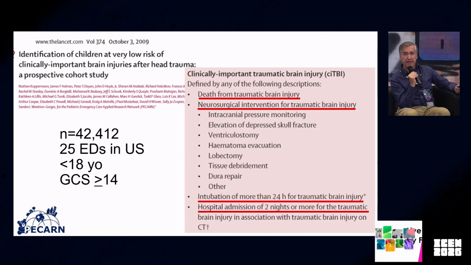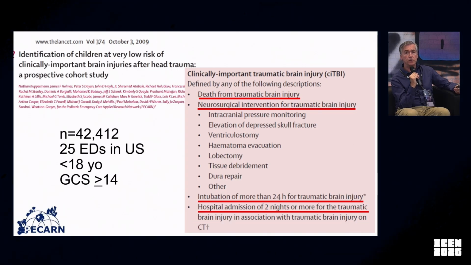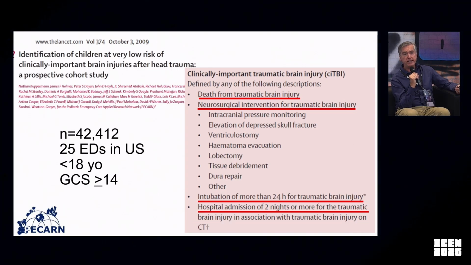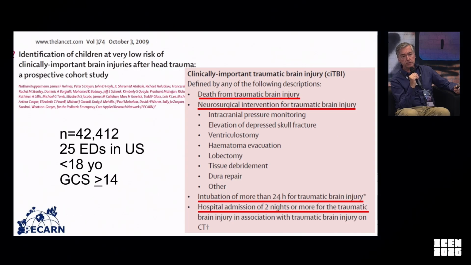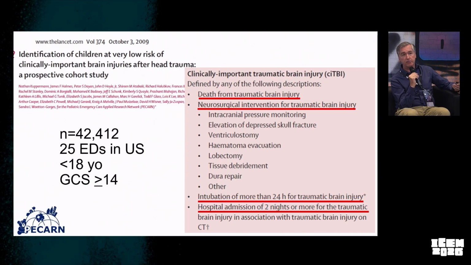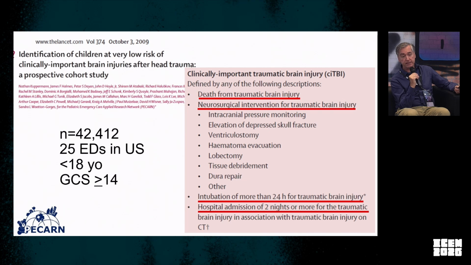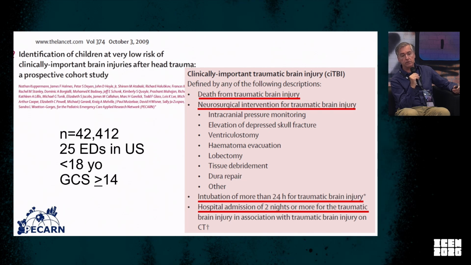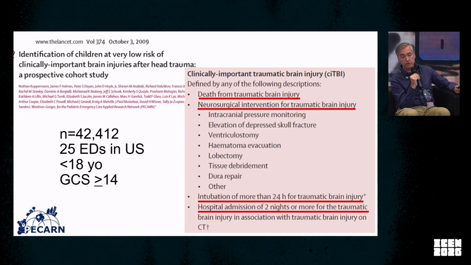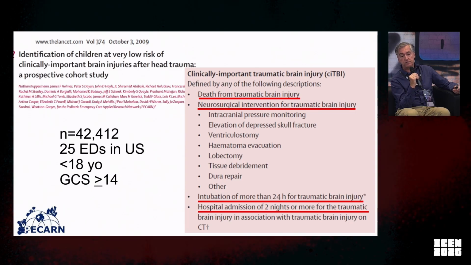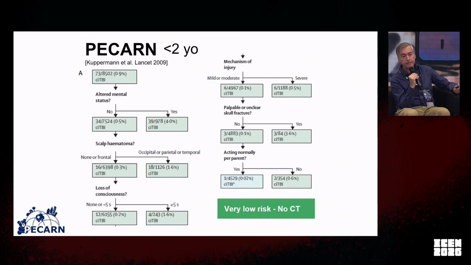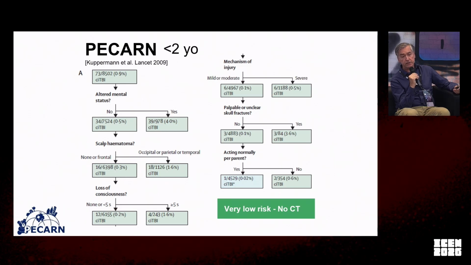And the key here is that they didn't want to just identify a bleed in the head. What they wanted to do was identify a bleed or an abnormality on a CT scan, but also combine that with the requirement that it had to lead to clinical consequences, such as death, neurosurgery, intubation for more than 24 hours, or hospital admission for 2 nights or more. This is the rule for children less than 2 years, and then a separate rule for children greater than 2